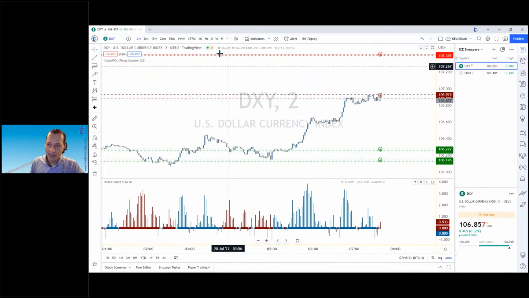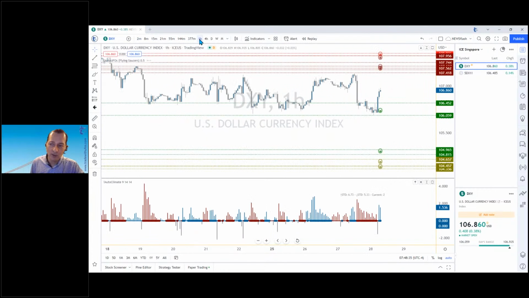Okay, so now what? Let's say you plan your trades out of a 1-hour time frame, right? So again, as a trading technology company, we use something called auto climate. We use something called auto UFOs. These are the UFOs I was mentioning before, those are the flying saucers: buy on field orders, sell on field orders. So what can you do? Well, very simple. Find your trade.